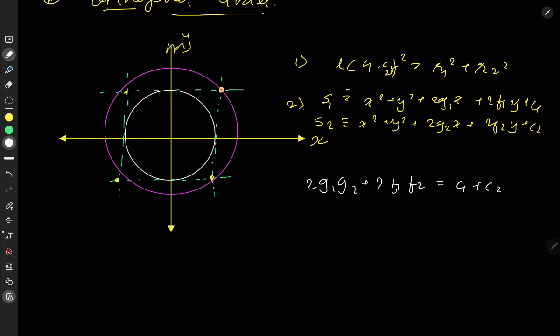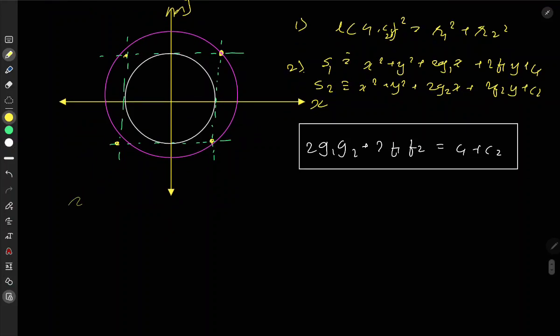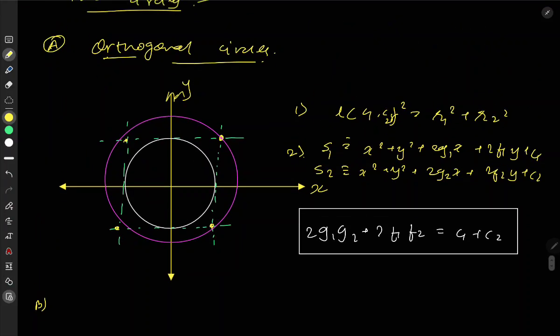We need to remember this because they might mention that the circles are orthogonal, and then this theory should click in our mind. The second case is,